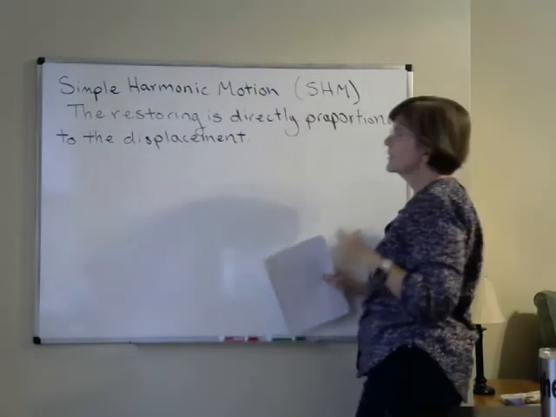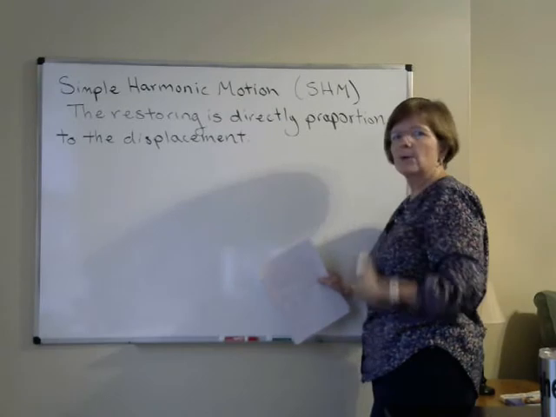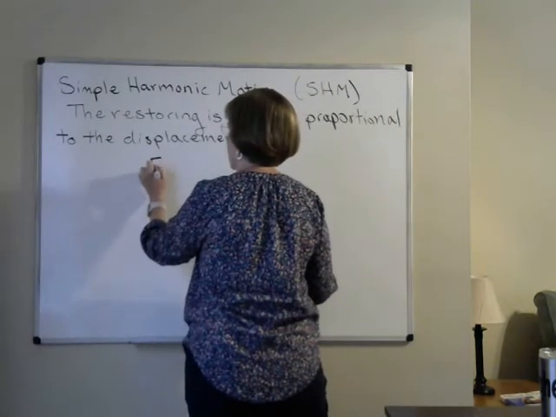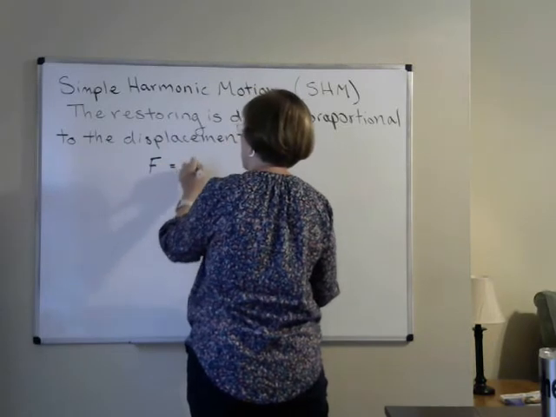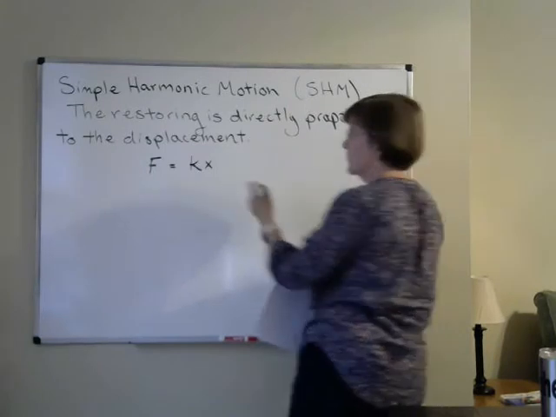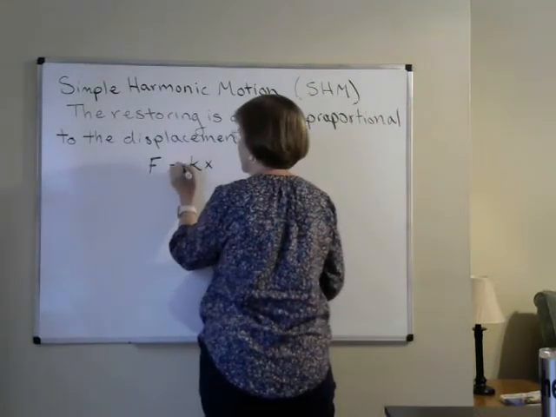The restoring force is directly proportional to the displacement. Mathematically, that looks like this: F equals Kx. Or if we want to get direction involved, we often will put a negative here, because we'll see with